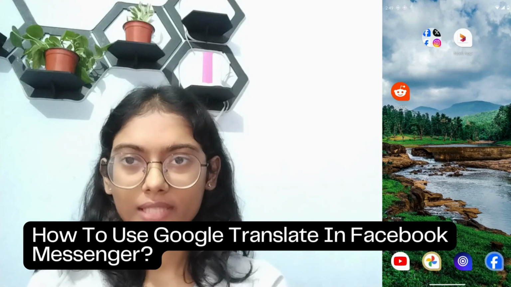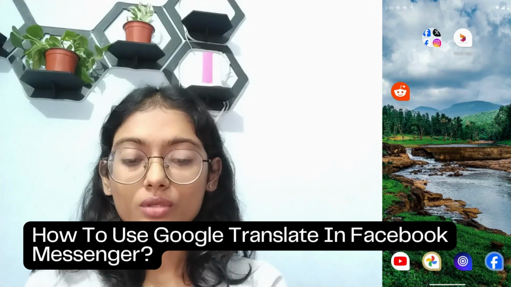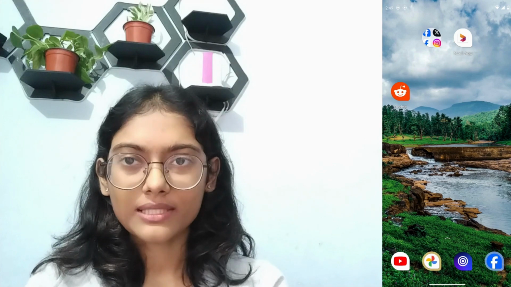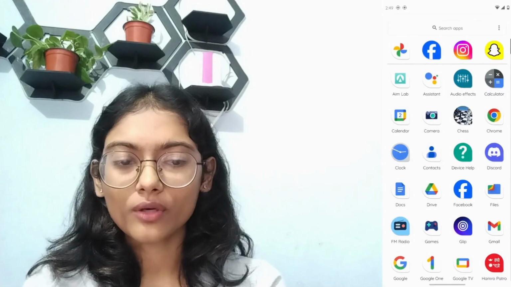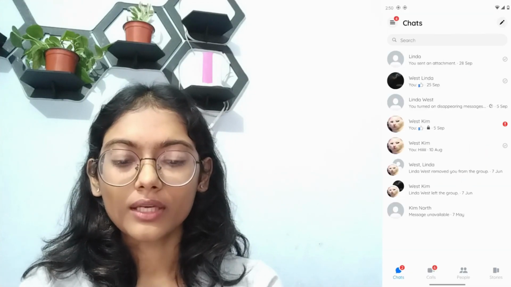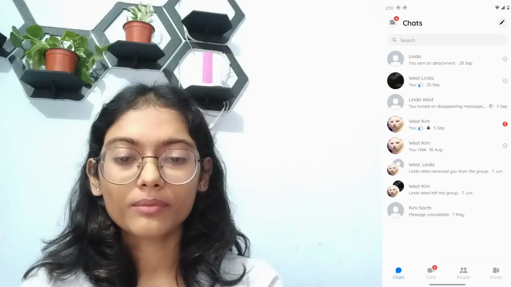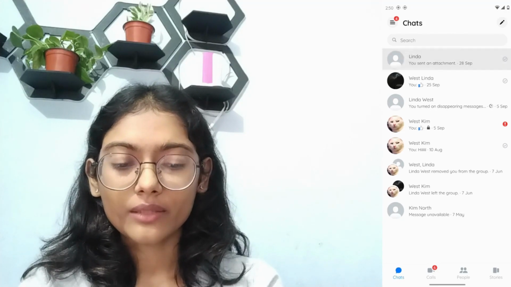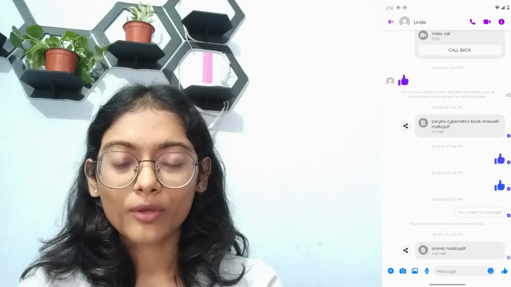How to use Google Translate in Facebook Messenger. So if you want to use Google Translate, first of all open up your Messenger application, and after opening your Messenger, now simply choose a chat, a random chat, and then you can simply tap on that message